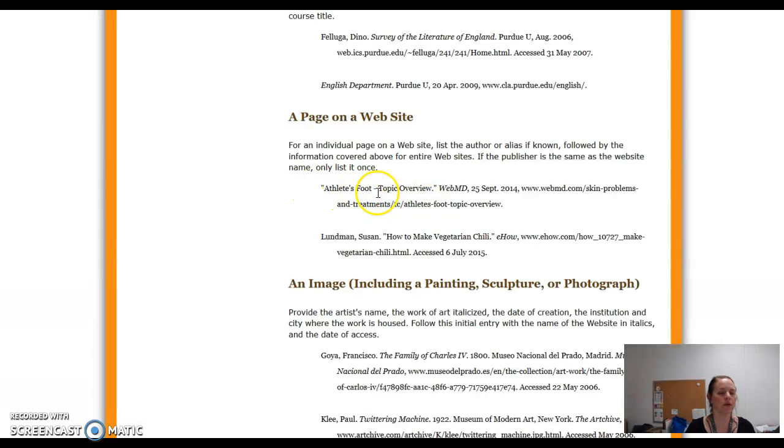This one has no author, has an article title, has a website title, has the date it was published, has the URL. This one does have an author, also an article title, also the website title, and a URL. This one has something different we haven't talked about in class that I'm going to show you on my entries